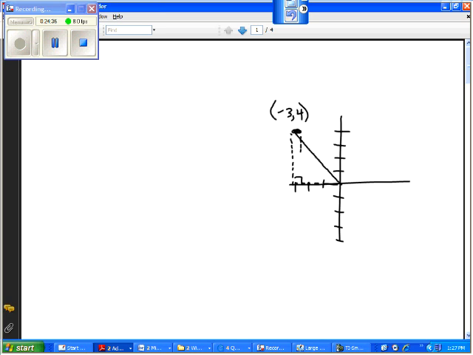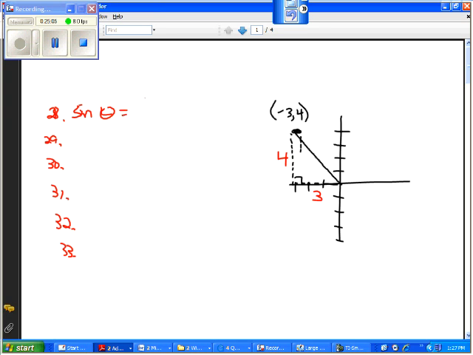Now, what that means is this is 3 units to the left. It's still 3 long. And this is 4 units up. It's still 4 up. If we're going to write sine of that angle theta,